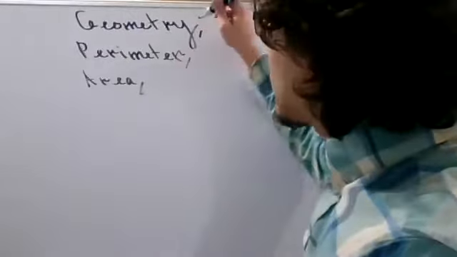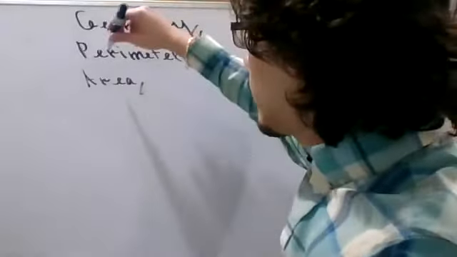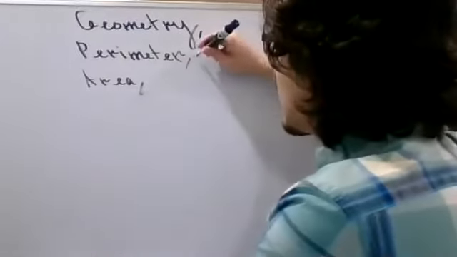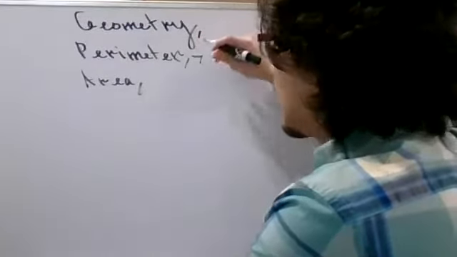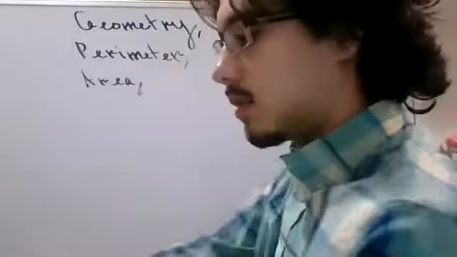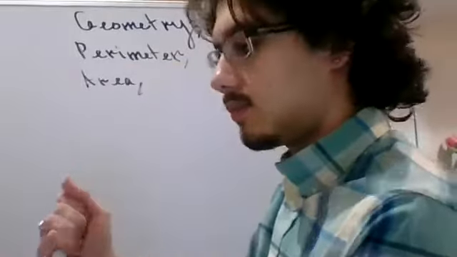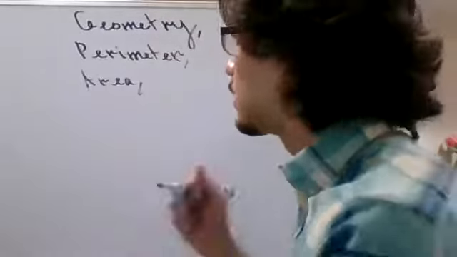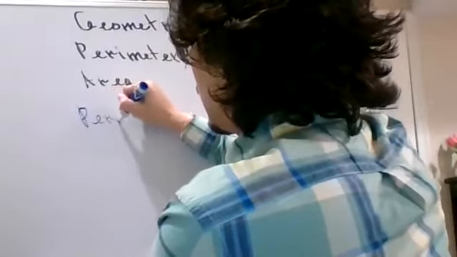So last week we talked about geometry, and in it we covered perimeter and area. Perimeter, we said, no, not there. So we said perimeter